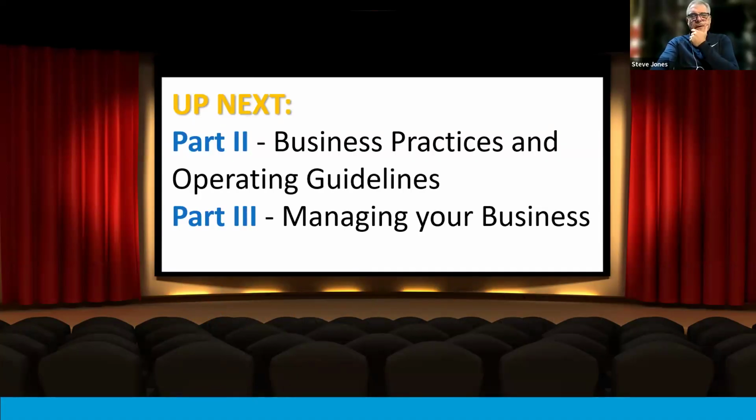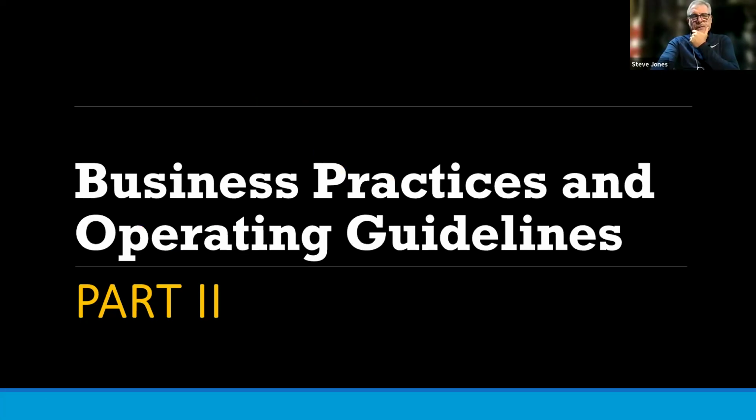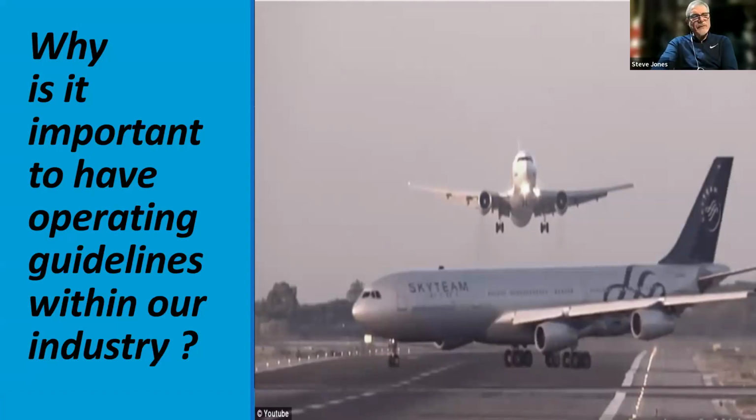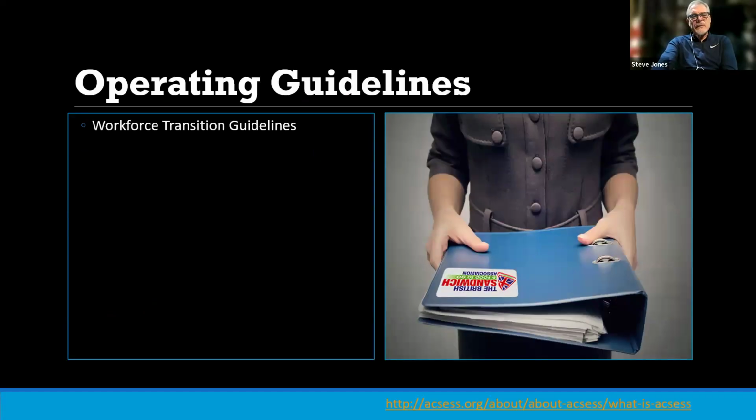So let's talk about some guidelines and business practices in managing your business that will be helpful. It goes beyond just the 11 principles. So these operating guidelines are important because when things are put in writing, they become real. It's one thing to have a tradition and a culture. That's important. But it's also important for people to be able to look in the manual, to go online, to